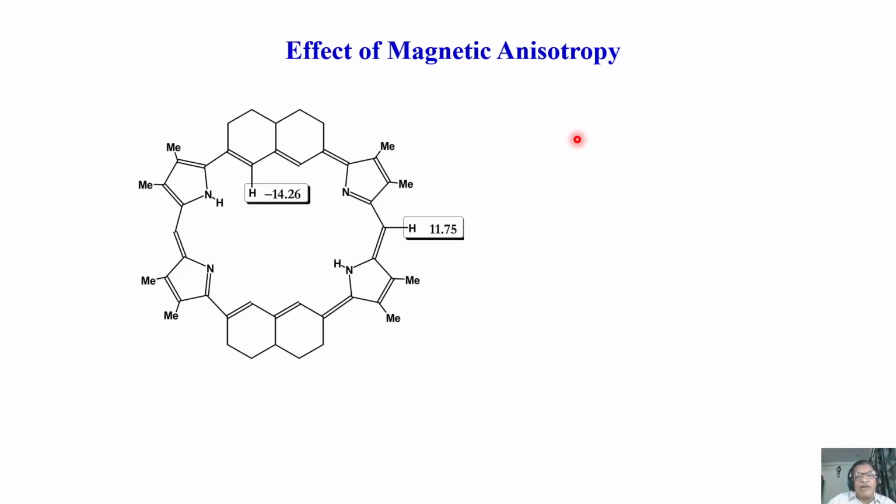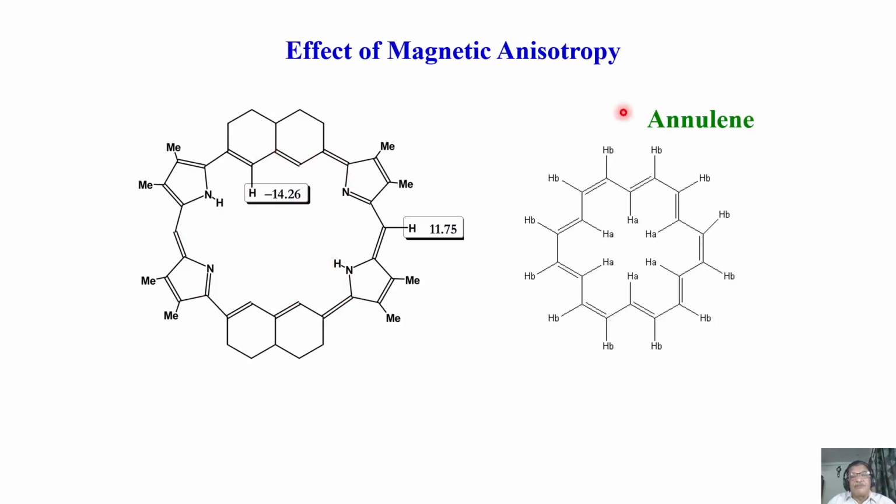Effect of magnetic anisotropy. You all know, because of the magnetic anisotropy, sometimes it so happens that you can find out how the charge is situated. Of course, this is with the ring current effect also. You can look at a molecule like annulene. Look at a bigger molecule like this. Now there are protons which are projecting inside this cavity-like thing. Here also there are protons that are projecting inside. There are also peripheral protons here. This is the annulene molecule.